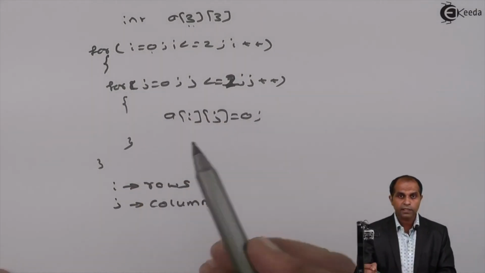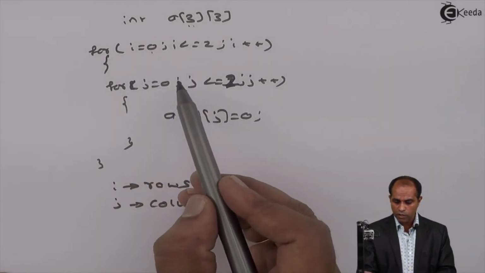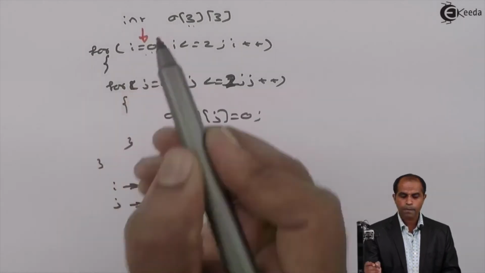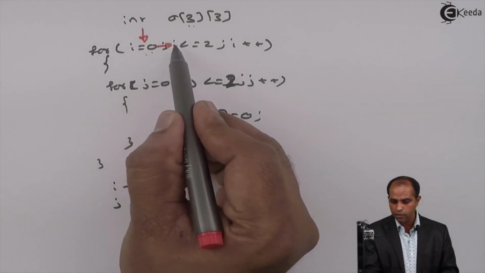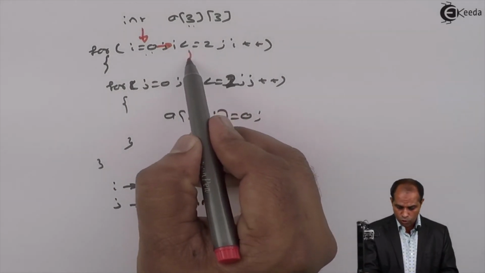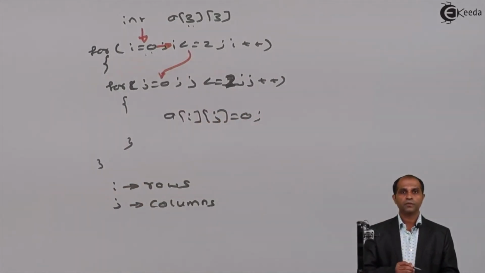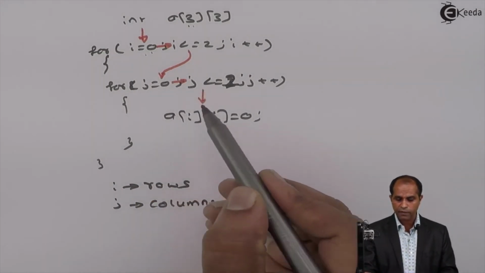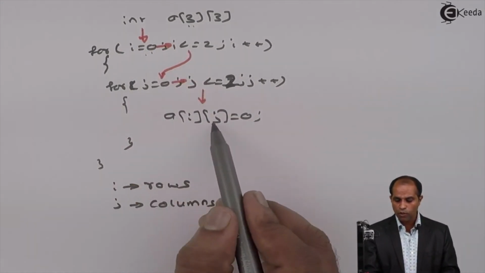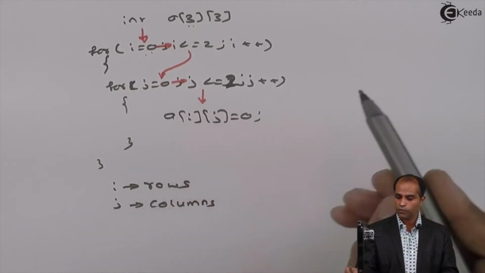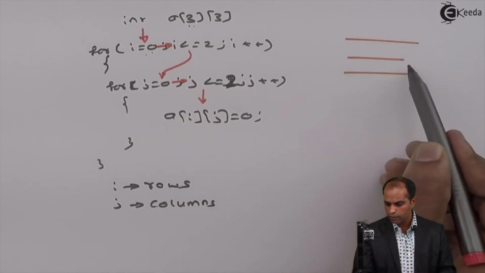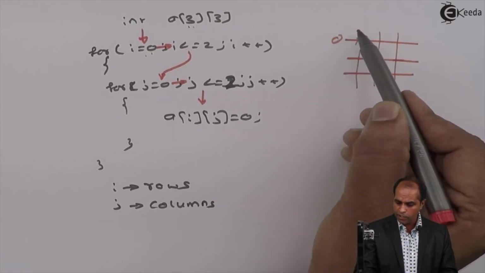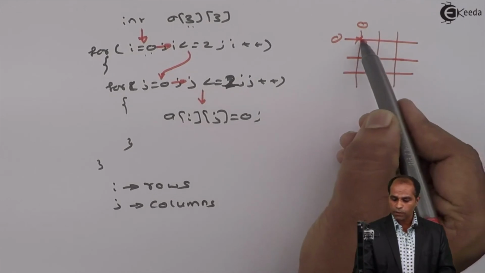Now see how exactly this operates. When i is 0, the loop starts in this fashion. The loop starts with i equals 0. Then the control goes to i less than or equal to 2, 0 less than or equal to 2, true. Then initialize j as 0 and go to j less than or equal to 2. Substitute the values of i and j. Initially i is 0, j is 0, so that indicates the first element, a of 0, 0, in these 3 rows and 3 columns. So a of 0, 0 is set with 0.